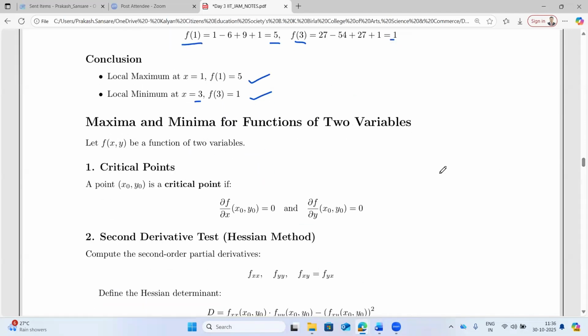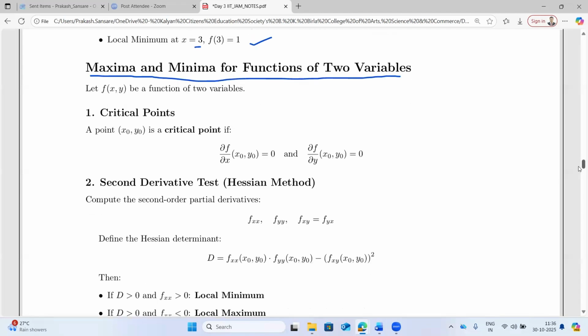Now we'll go for the maxima and minima of functions of two variables. So let f of x comma y be a function of two variables. Now how to find maxima and minima for two variable functions? First thing is again the critical points. There we calculated the ordinary derivative. Now when you have more than one independent variable, you're supposed to go for the partial derivative. So x naught comma y naught is a critical point if dou f by dou x at x naught comma y naught is